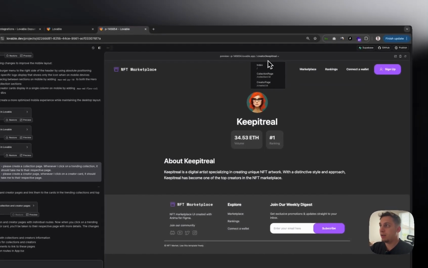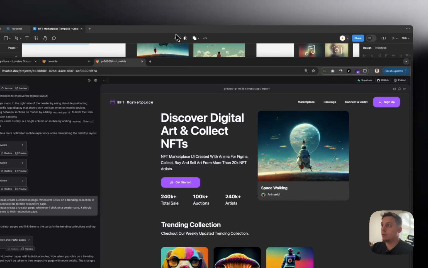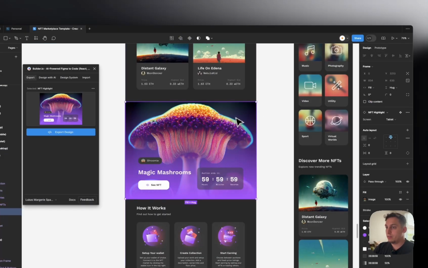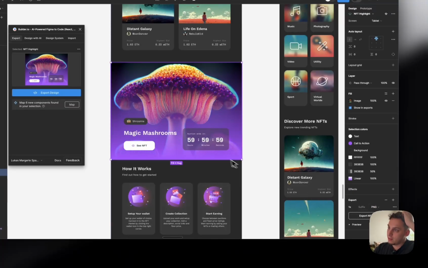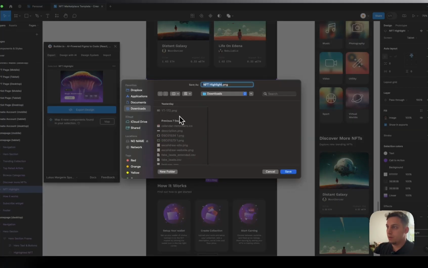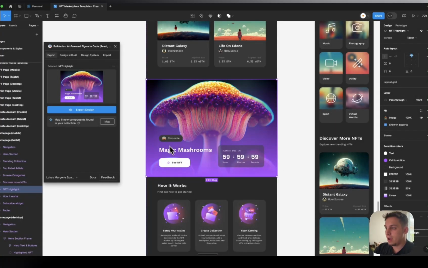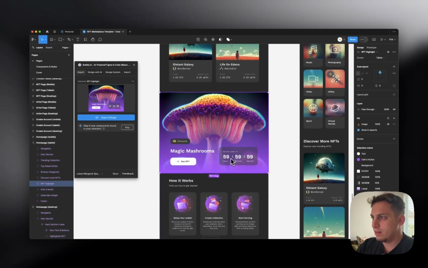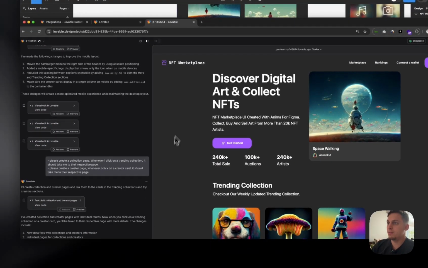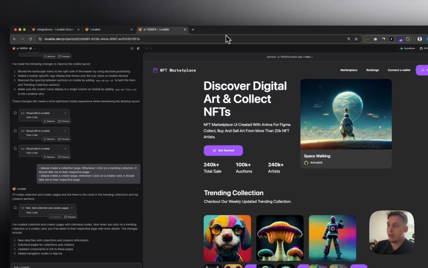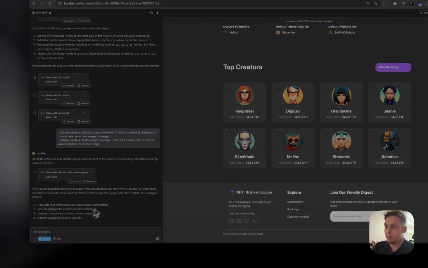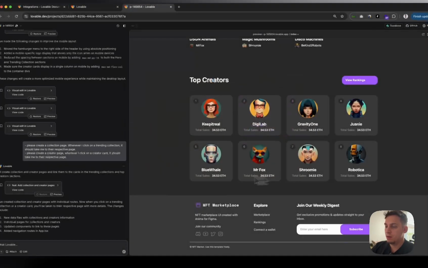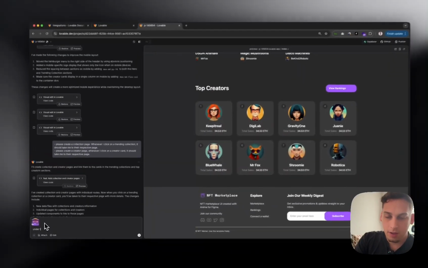In this case, we want to go back to the index page and we want to go over here. And I would want to go ahead and export this as a PNG. So this is the NFT highlight section where it highlights an NFT and there's like some type of timer. And I want to integrate that timer and give a specific date for that timer to end. So let's go and attach this image. So we can attach this, go like this, boom, and say under the